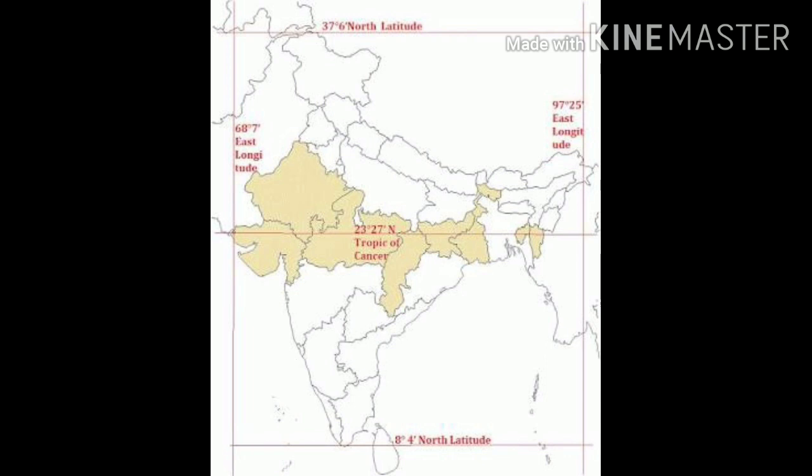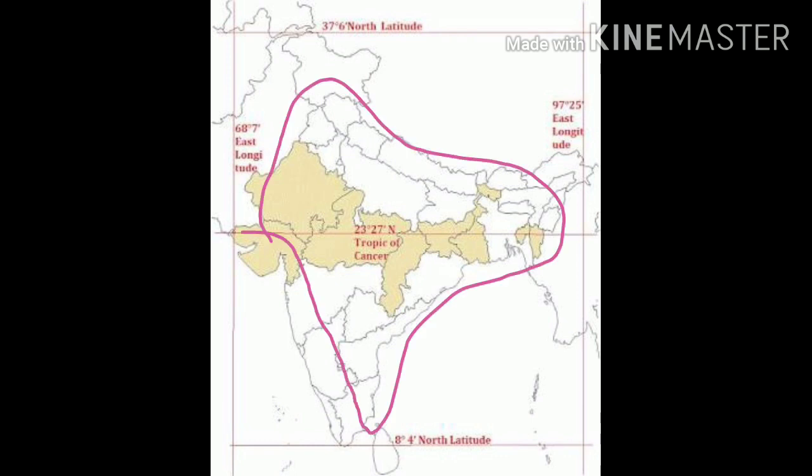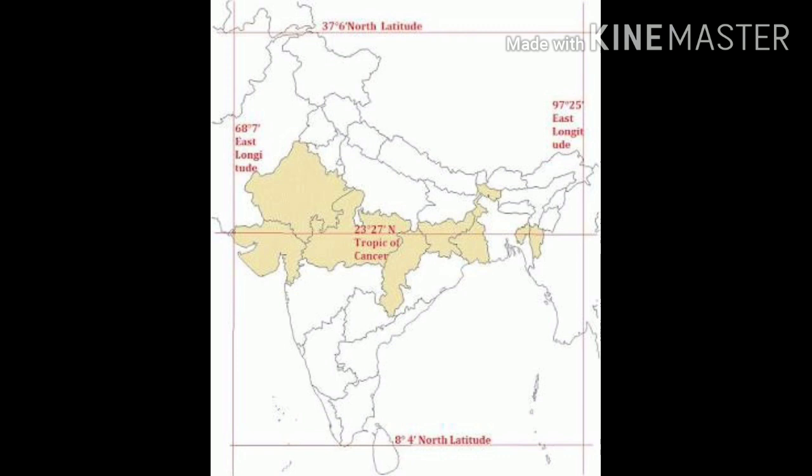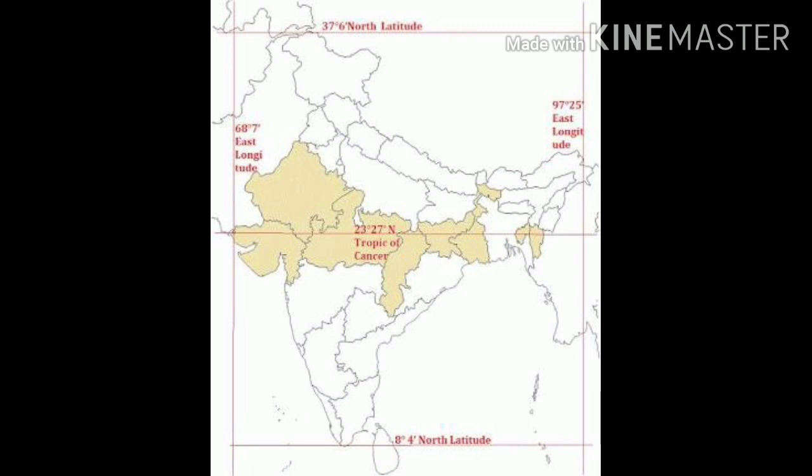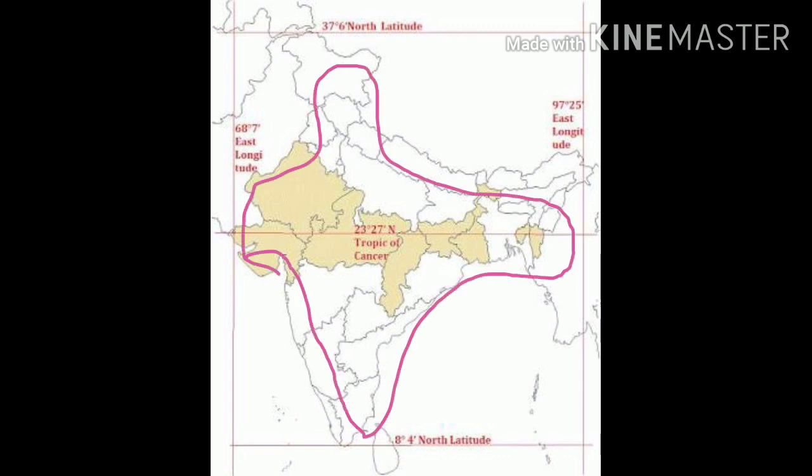Okay, another important thing, when I say mainland, you have to denote only this area. But when I say union of land, you have to denote this part with Andaman Nicobar Island and Lakshadweep Island. Okay, again I am saying, remember mainland and union of land. When I say mainland, this denotes only this part, but when I say union of land, this denotes this part with Andaman Nicobar Island and Lakshadweep Island. Okay, you have to remember this one also.